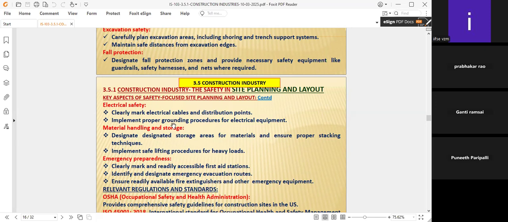Implement proper grounding and procedures for electrical equipment. What electrical equipment are you using, either portable or machines? It should be properly earthed and connected. There should be no bare wires connected in the plug points. It should always be a 3-pin plug only. And grounding must be proper, because we see this in many construction areas,